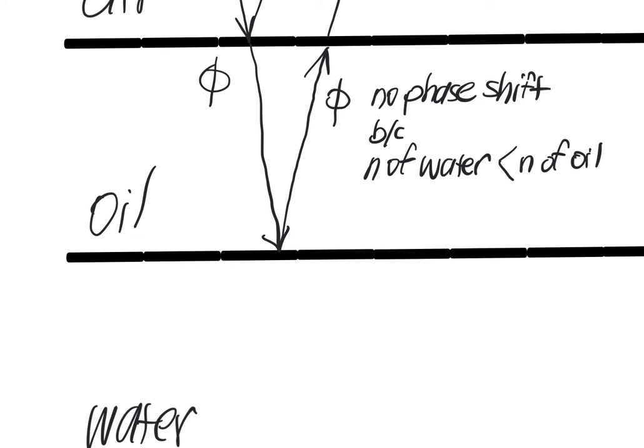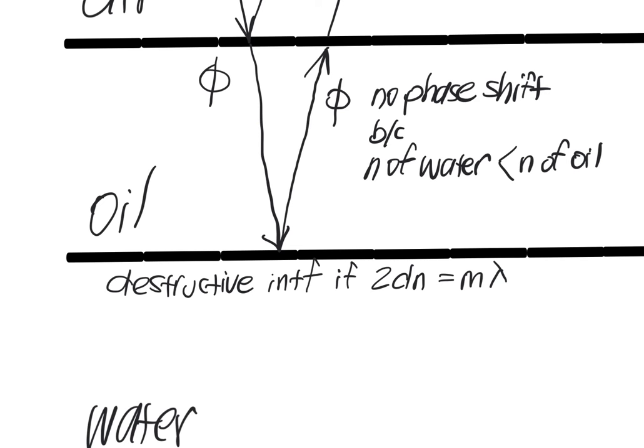So under these conditions, we would have completely destructive interference, and you wouldn't see these rays unless, in terms of the path difference, the distance the ray has to travel through the thickness of the oil, it totally matters how many wavelengths that is. Based on what I just drew, we get destructive interference if 2 times the thickness of the material